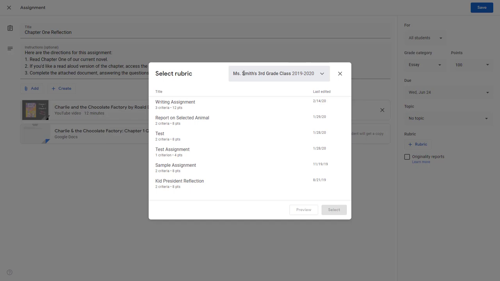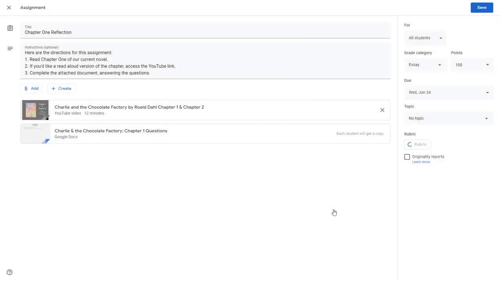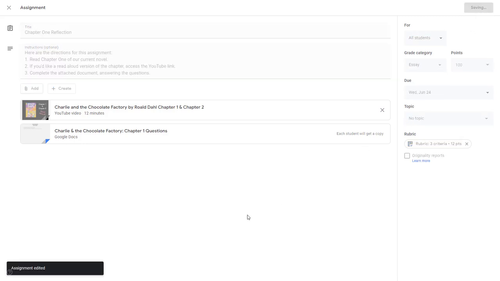So now that I've found the class in which I have a rubric I'd like to use, as you can see I have several rubrics here and they're all titled what the assignment was. So I'm going to reuse this one that I used called Writing Assignment. That's a 3 criteria and it has 12 points. So I can click Select and that rubric is now assigned to this assignment. So I'm going to go ahead and click Save, and that's the teacher view,